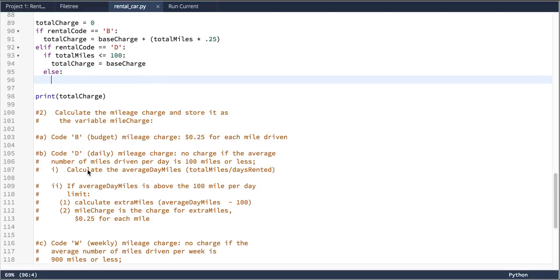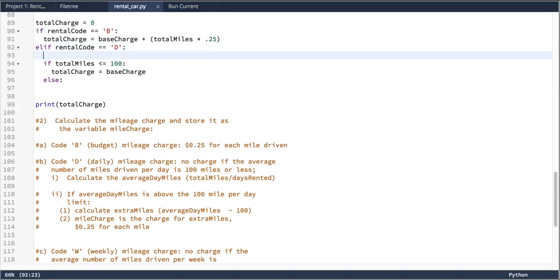Well, what do we have to do? Oh, my bad. It's the number of miles driven per day. So if the rental code is D, I had that wrong. I apologize. If the rental code is D, we need to have average daily